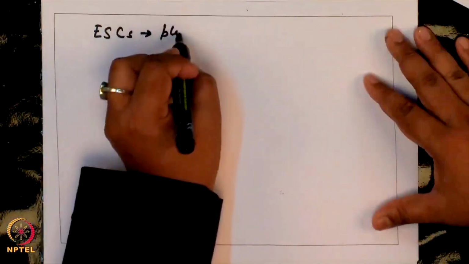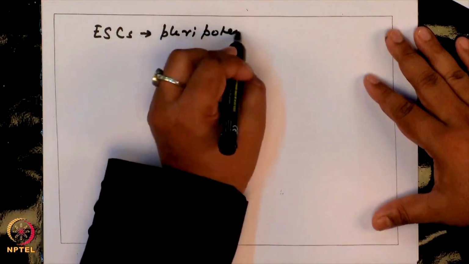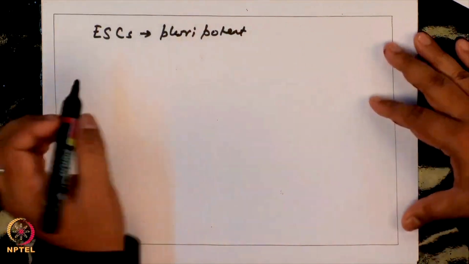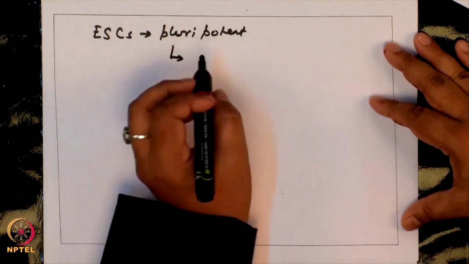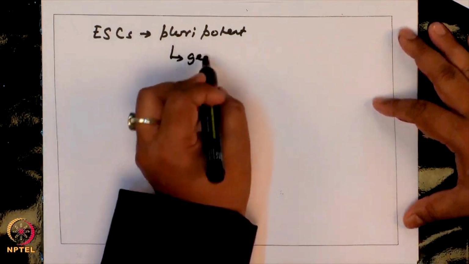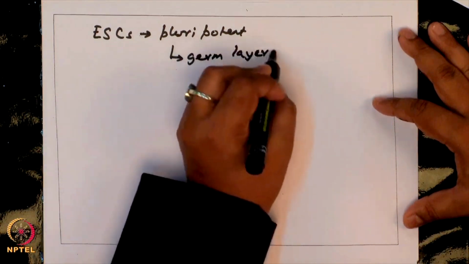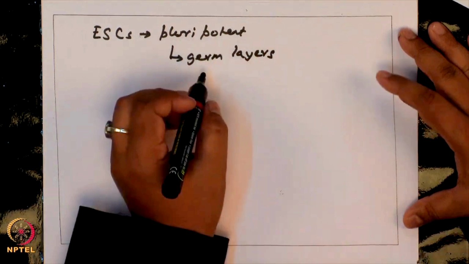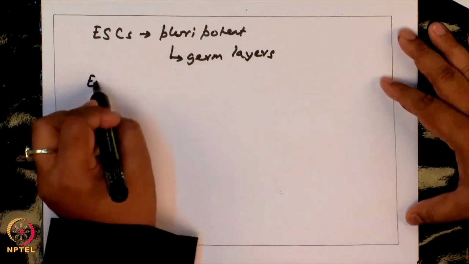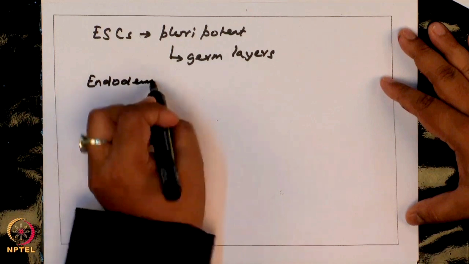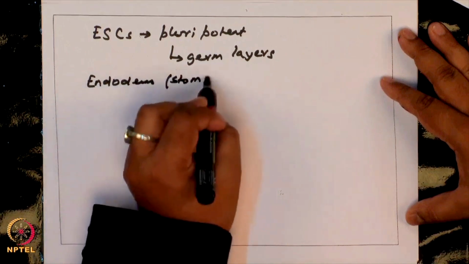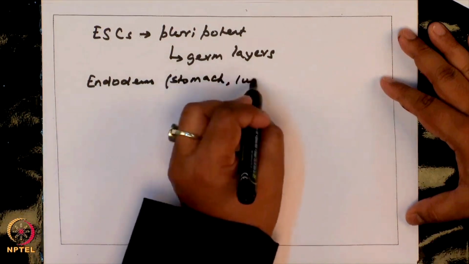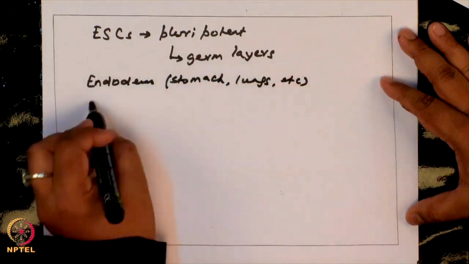If you compare ES cells with adult stem cells, ESCs are called pluripotent. They are called pluripotent because they have the potential to differentiate into cells of any of the 3 germ layers, which are endoderm, that means stomach, lungs, etc.,